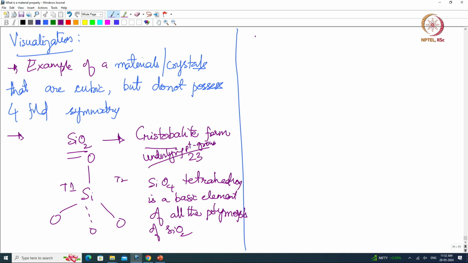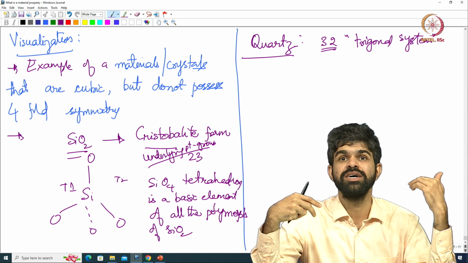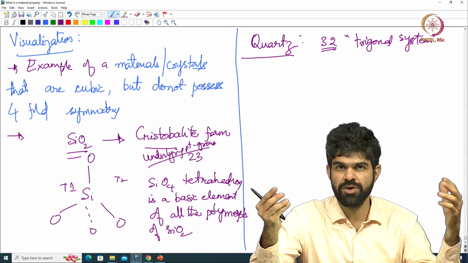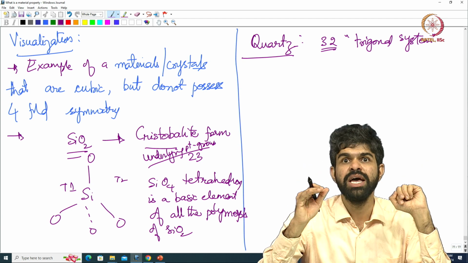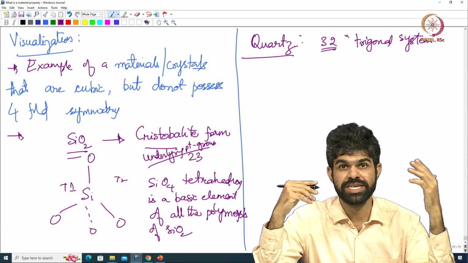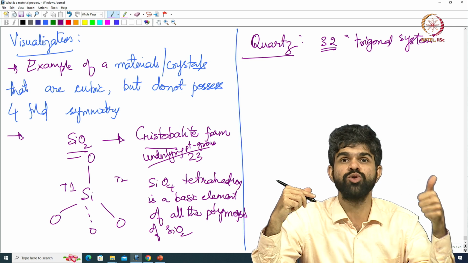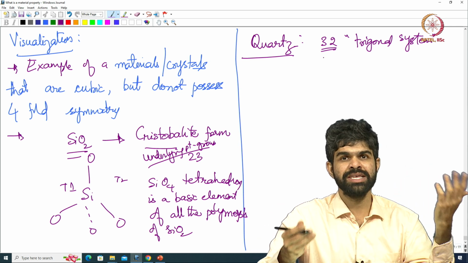Then the more famous example is quartz, right. Quartz has a point group that is 3 2. I am going to tell you 2 3 is different from 3 2. 3 2 means this is actually a trigonal system. I did not still talk about trigonal system, but just take my word for now, quartz is also a phase or polymorph, right. So I am going to use this sort of terminology from now on. Of silicon oxide which crystallizes in a trigonal system with 3 2 being the underlying point group,